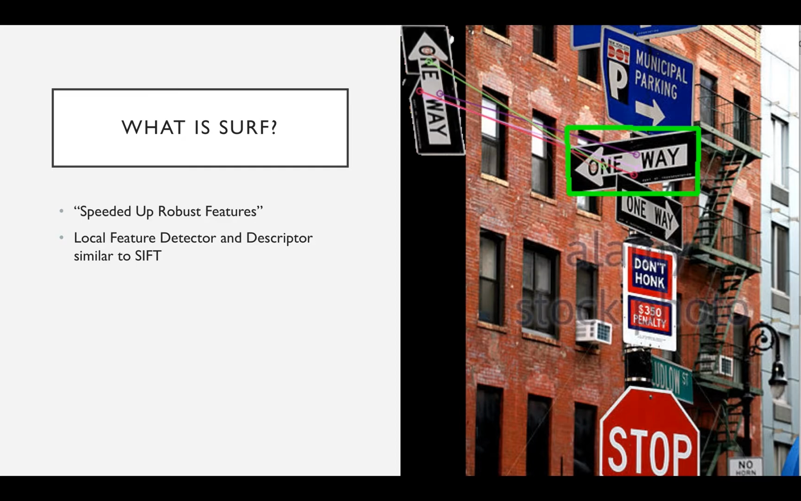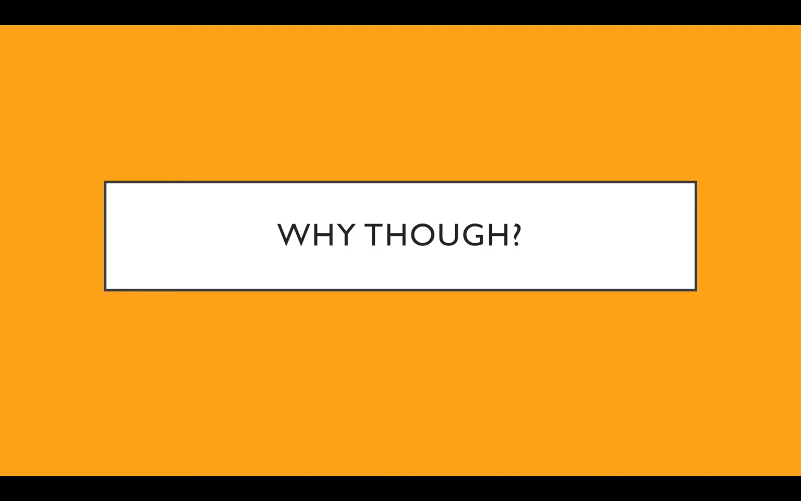SURF stands for Speeded Up Robust Features, and it is a local feature detector and descriptor similar to SIFT. It, however, uses several different approximations and some slightly different methods that make it faster and, according to the authors of the paper, more robust. So why? So we talked about SIFT in this class, and I enjoyed learning about it and found it interesting how